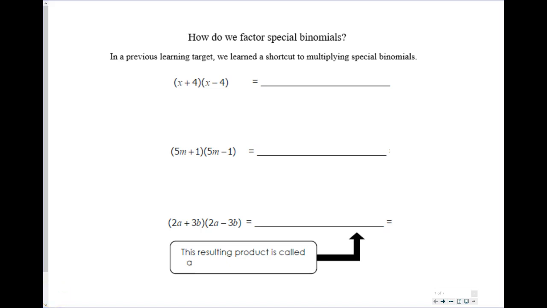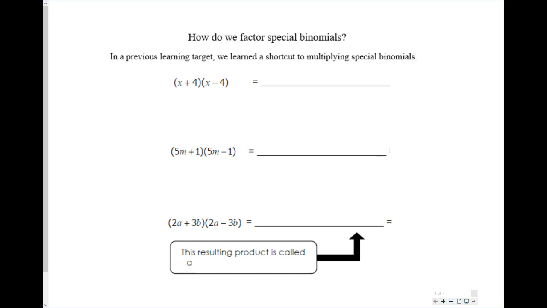Okay, so for this learning target, we need to go back to a previous learning target where we learned how to multiply special binomials. A lot of you forgot this and you just started doing the box method to multiply these, so I'll show you the box method for the first one, but then I kind of want to remind you of what this shortcut is, because we are going to have to reverse this idea, just like we did the